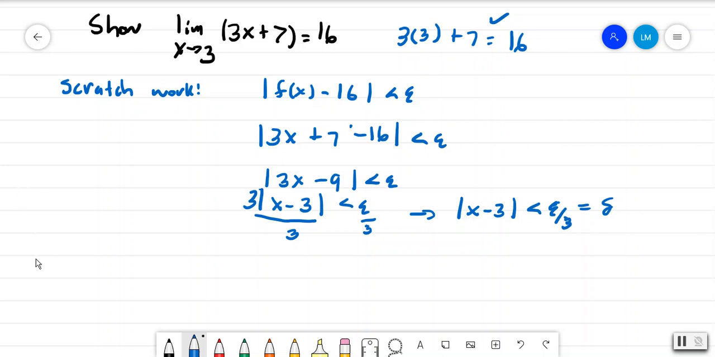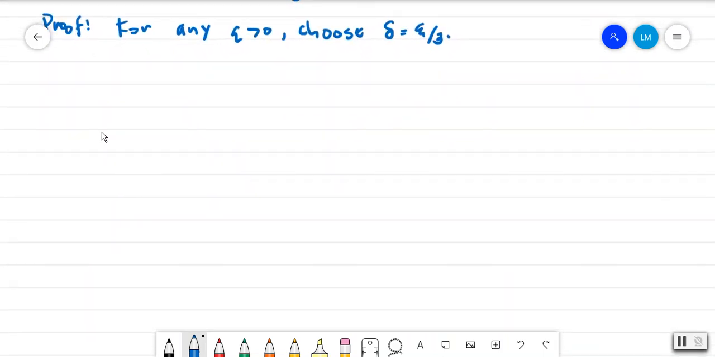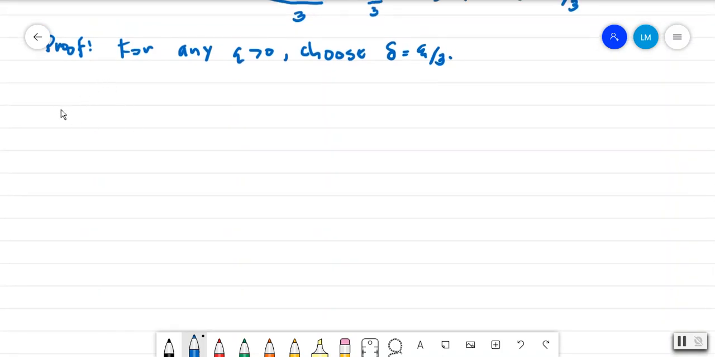So whenever you do this, you start with the proof of it. You'll just say that for any epsilon greater than 0, choose delta to equal epsilon over 3. So from here, you would say that, okay, we have that